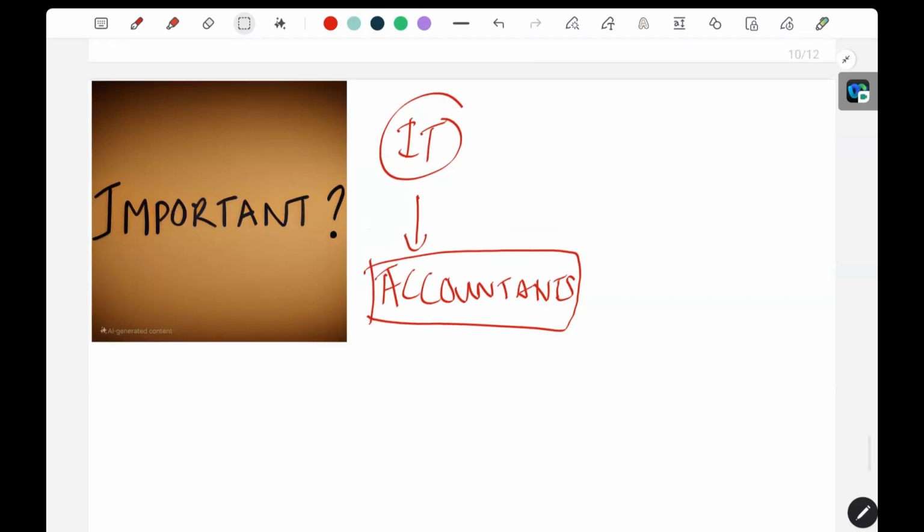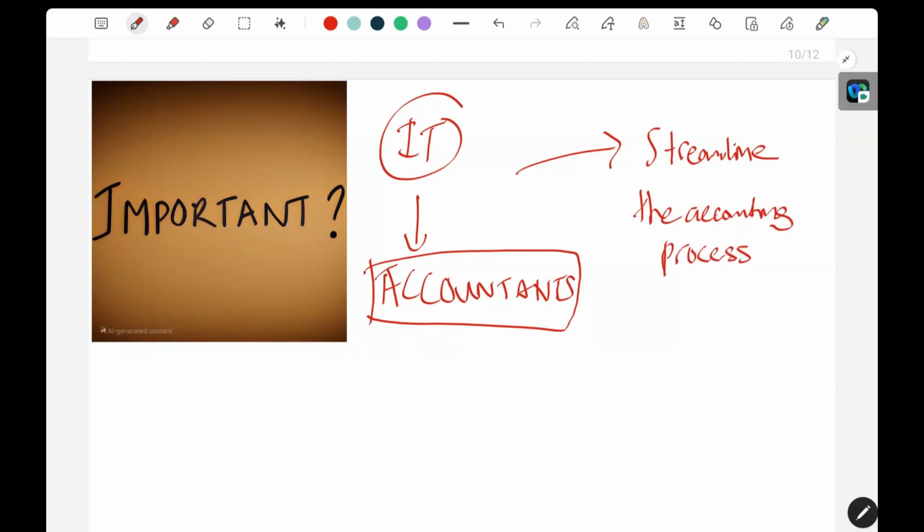Generally, you can see that IT is important for accountants in terms of how it helps to streamline the accounting process. All right, with IT, like with the computer, you don't need to do the manual